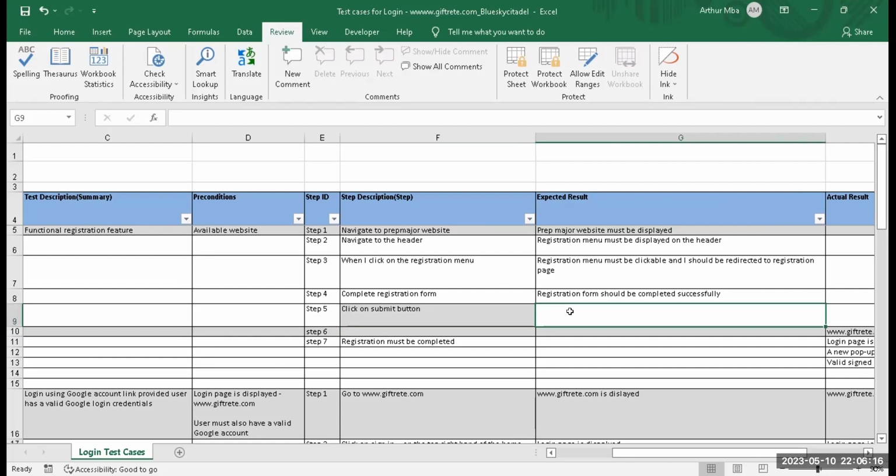Submit button should be clickable. So if you want to bring step 7 up now, let's assume we want to use step 7. Sometimes it's not necessary, but let's say it's necessary at this stage. Now we want to bring it up to say that registration must be completed. So if you bring it up,